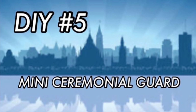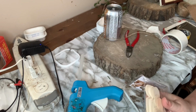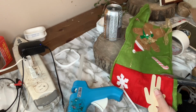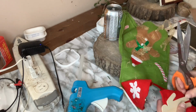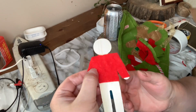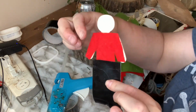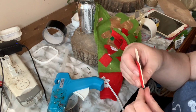DIY number 5, Mini Ceremonial Guard. The Ceremonial Guard is a military unit in the Canadian Armed Forces that performs the changing of the guard ceremony on Parliament Hill. They also post sentries at Rideau Hall, the residence of the Governor-General of Canada, and the National War Memorial. I had this wooden doll figure that I got at Dollar Tree, and using an old Christmas stocking,